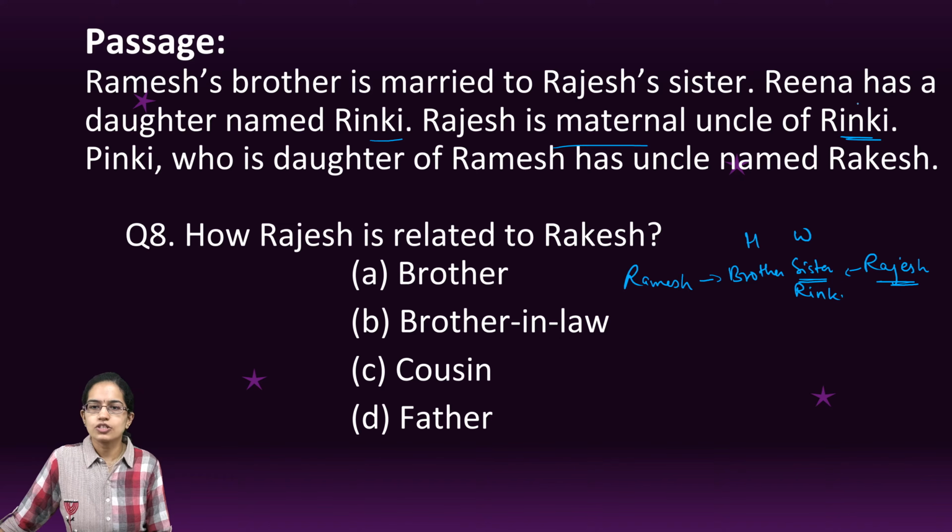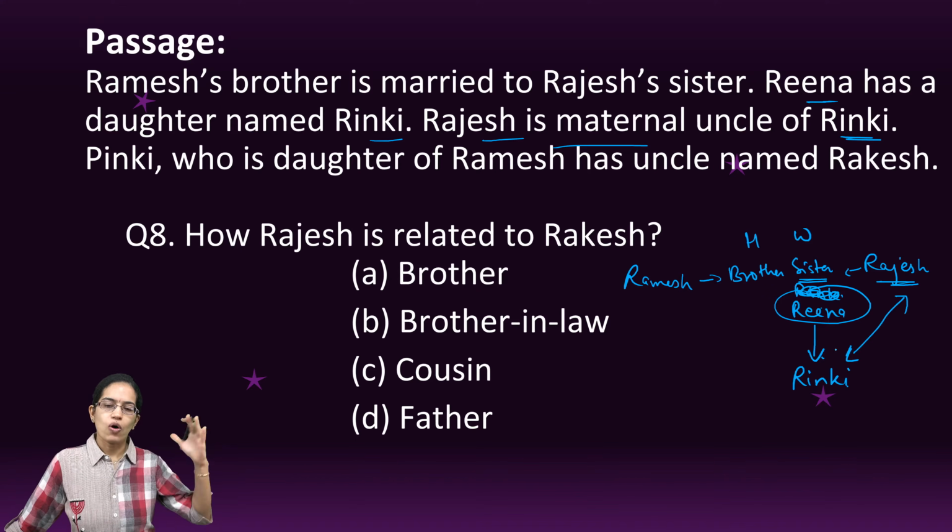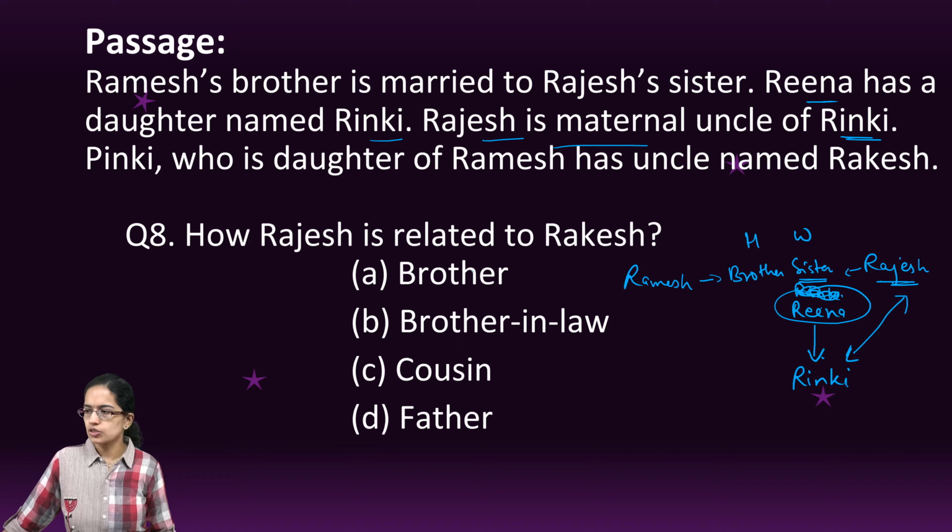Rinki is the daughter of Reena. So Reena would be the sister and Rinki would be the daughter of Reena. So Rajesh's sister would be who? Rajesh's sister would be Reena, and daughter of Reena would be who? Rinki, because it is clearly said Rajesh is the maternal uncle of Rinki. So sister's daughter, and therefore Rajesh is the maternal uncle of sister's daughter. You can also apply the same case with your family, okay, and try to relate it in order to better